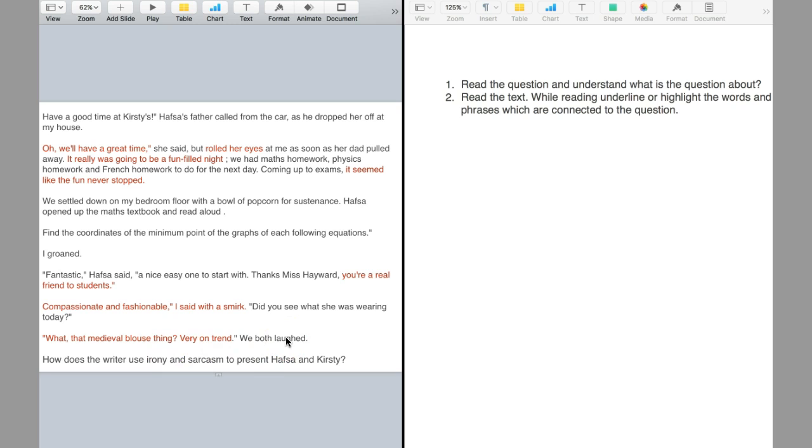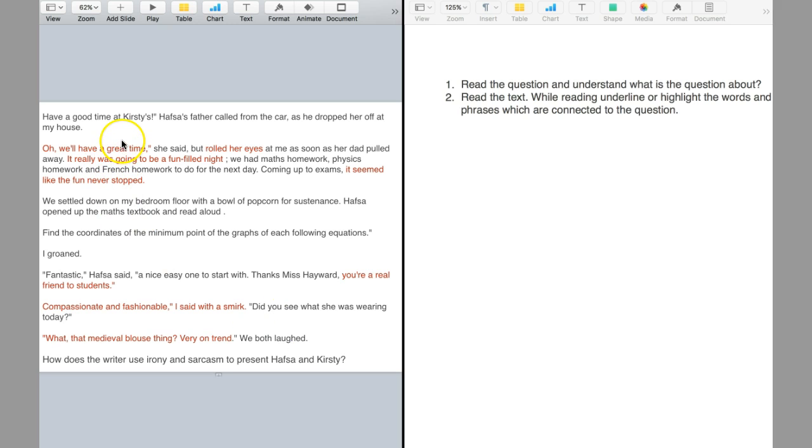Okay, this is the text. I just read it as it is. If it is an audio text, you can easily spot the sarcasm through the change of voice, change of tone. But in a written text, it is very difficult to understand the sarcasm or irony, because you need to see how it became irony or sarcasm. What are the words the author used? That's what we are going to see now.